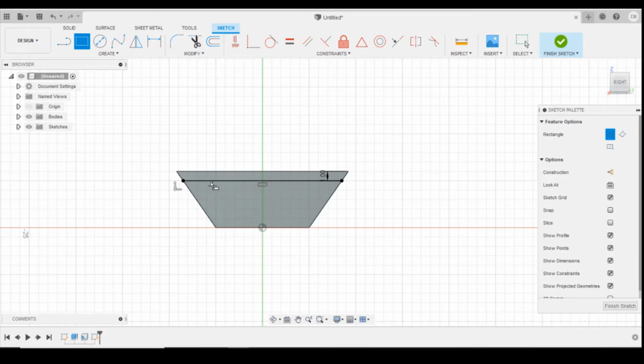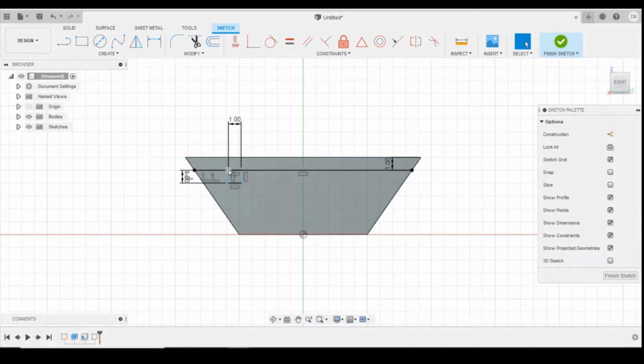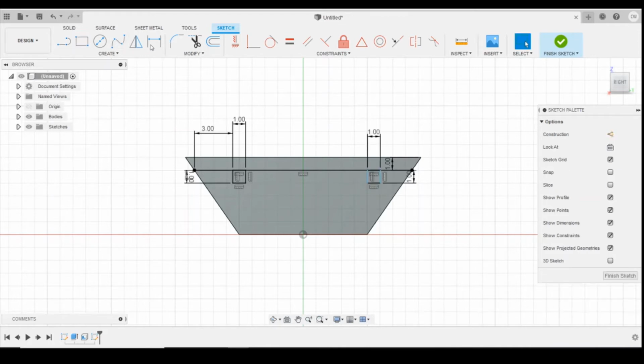I'm going to hover over the line so it snaps to it, drag out, and I'm going to define this as 1mm by 1mm. And then I'm going to define the distance from the point here to the end there, and I'm going to say that's going to be 3mm. I'll do the same on the other side, draw another one there, drag it out 1 millimeter by 1 millimeter. Define the distance from point to point